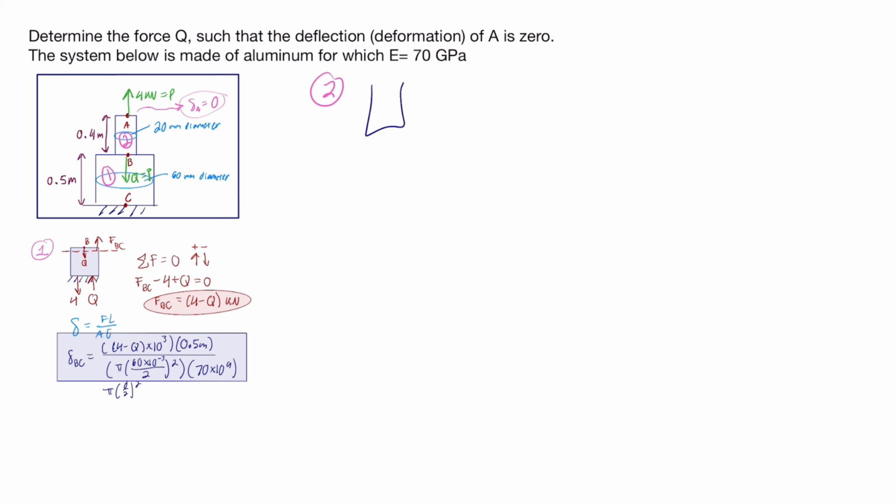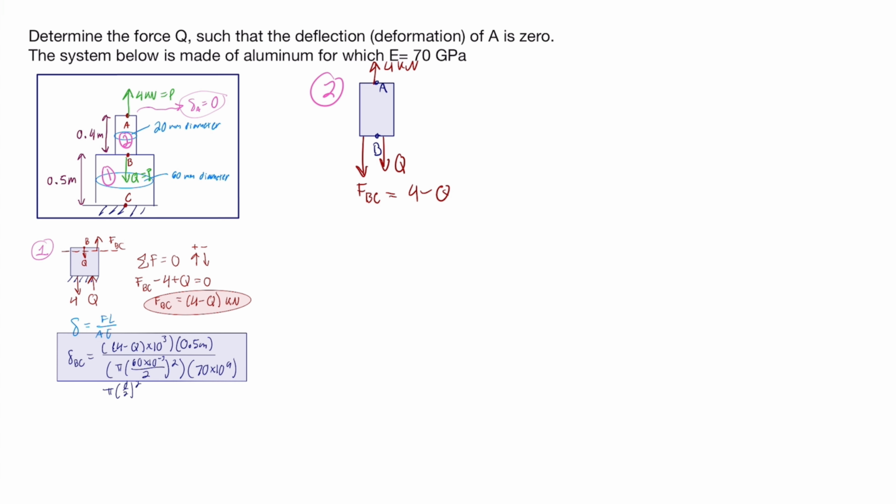So we will once again draw out an image of the system so that we can put the forces and identify which forces and what length to use. So this is B, this is A. We have a force of 4 kilonewtons at A, and at B we have the Q. And we know from the previous one that force FB is pointing up, so then we will have the opposing force FB in the negative direction,